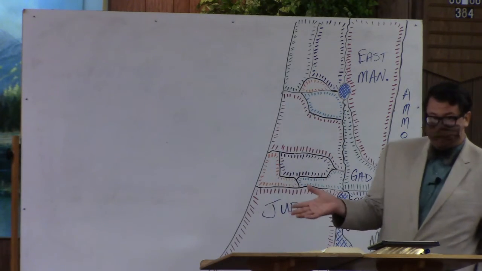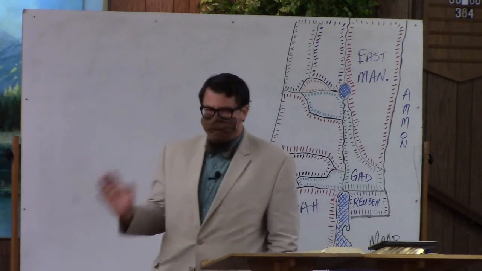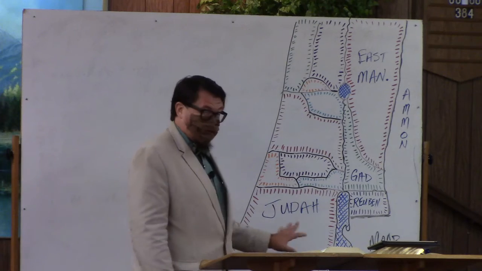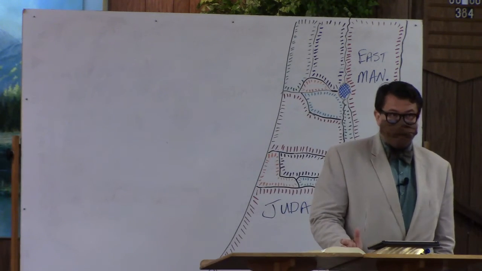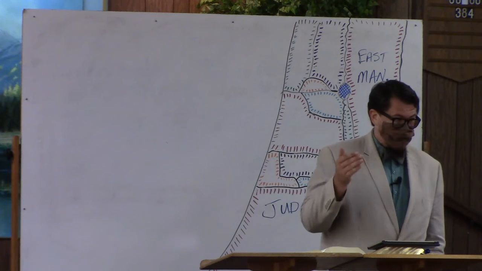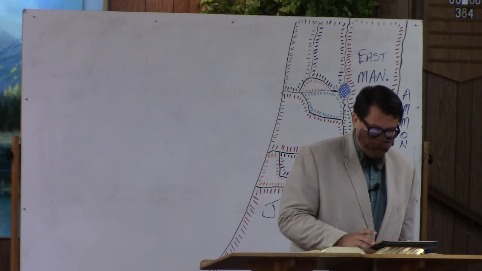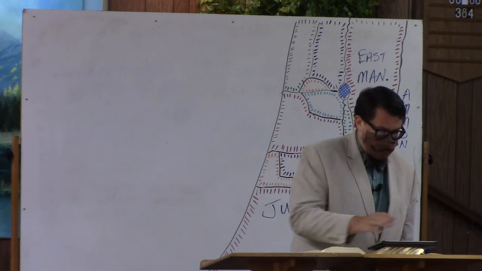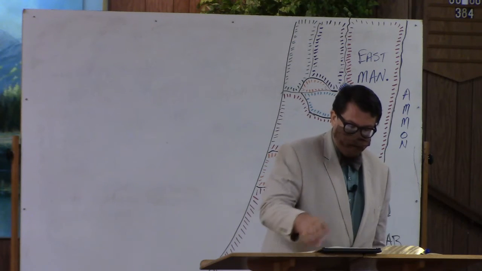But that's what happens. All right, so Reuben is kind of off on a corner somewhere. Levi has no inheritance. Simeon kind of sort of has an inheritance that ultimately gets swallowed up into Judah. Judah is the one that is most prominent. And that's the emphasis that we're supposed to get from all of this that we're going to read in chapter 15.